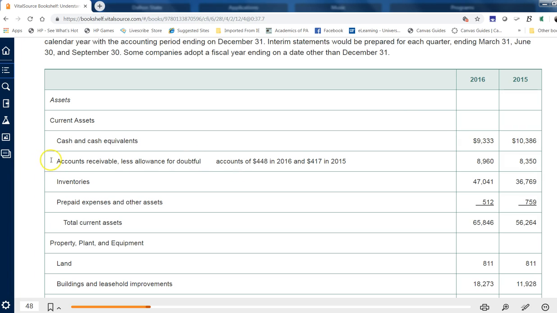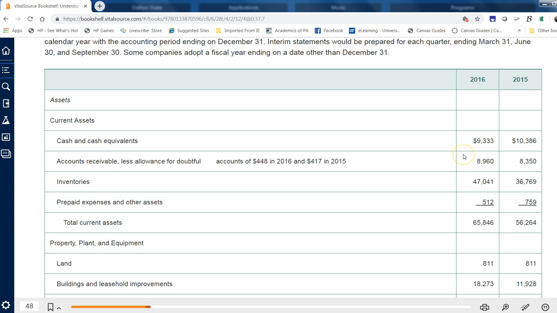Notice with accounts receivable, less the allowance for doubtful accounts, so they report accounts receivable as net, and they could just say that. Here they tell us that we have $448 in 2016 and $417 in 2015 for the allowance for doubtful accounts. That's actually a pretty consistent number given the balances. And that's one thing you're going to want to do when you analyze it. When we get into the problem for analyzing accounts receivable, we will talk about that, because this